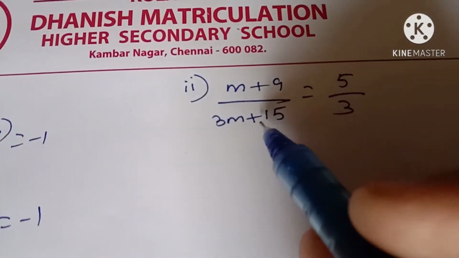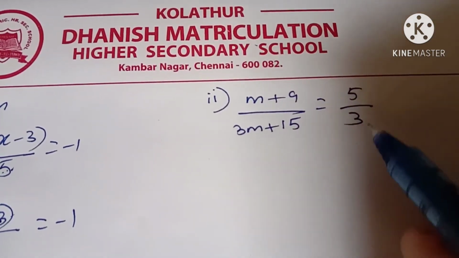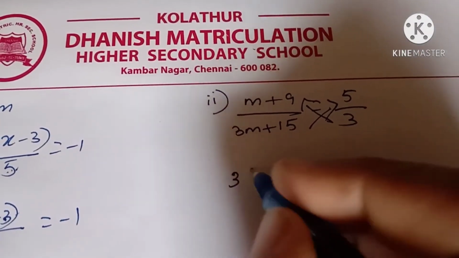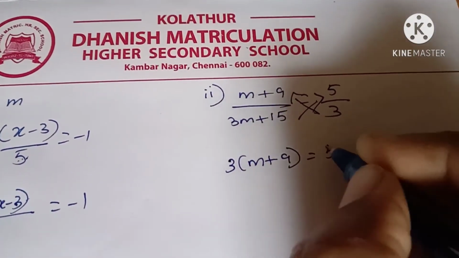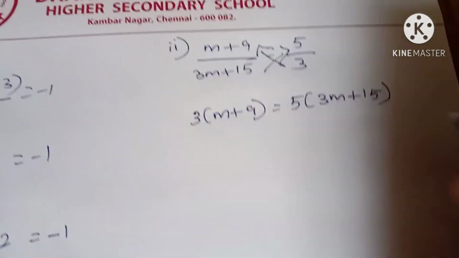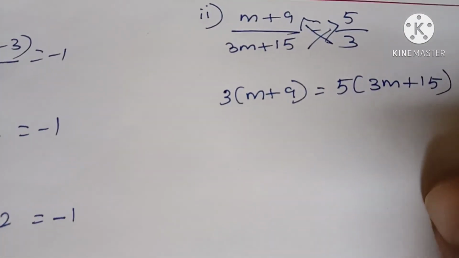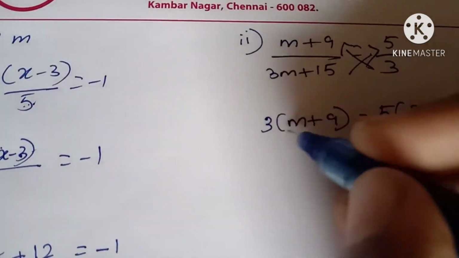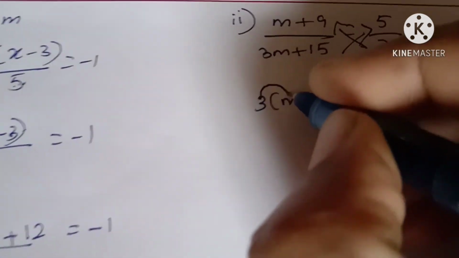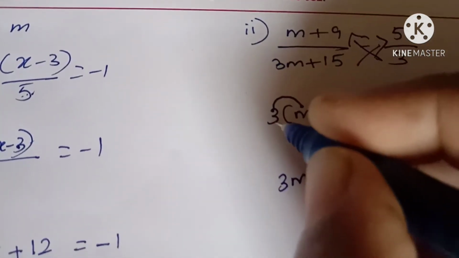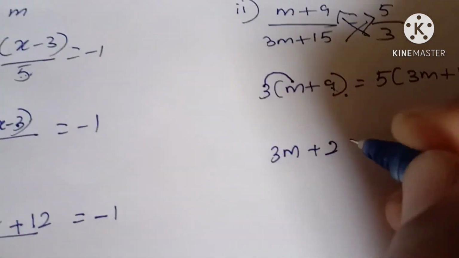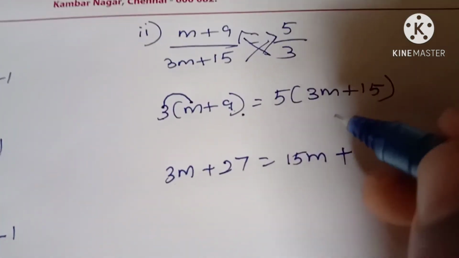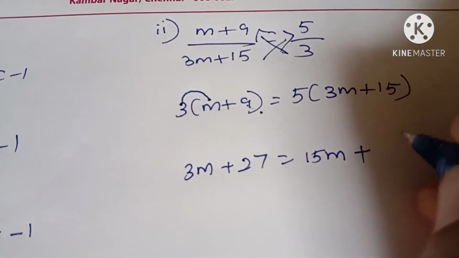Next sum is m plus 9 by 3m plus 15 is equal to 5 by 3. So cross multiply. 3 into m plus 9 is equal to 5 into 3m plus 15. So as 3 is common to both the terms which is inside the bracket, so multiply. 3 into m is 3m. 3 into 9 is 27. 5 3s are 15m plus